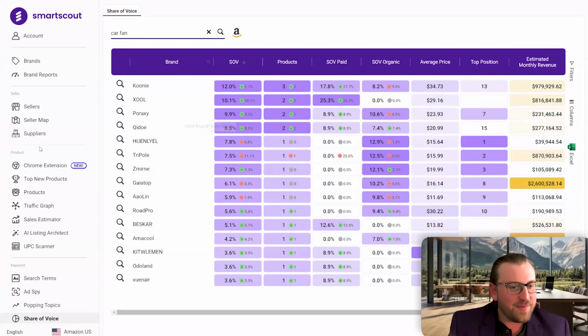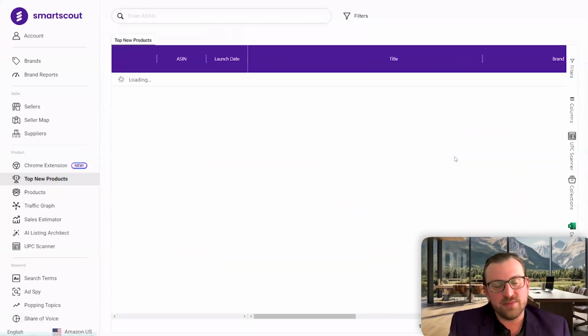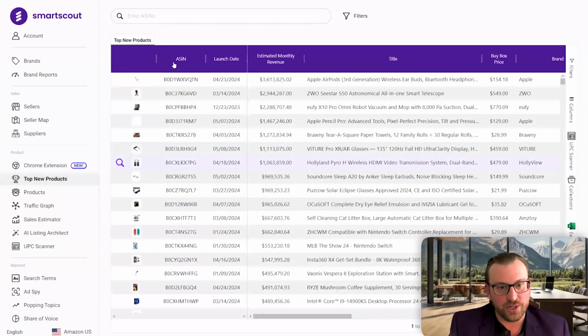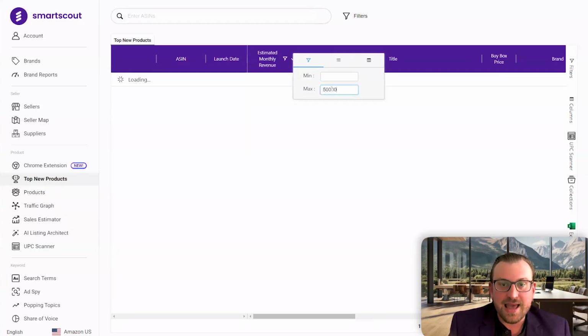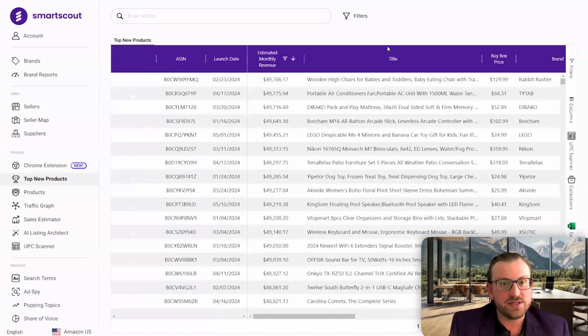Okay, I'm going to do this whole process again, but this time I'm just going to choose a different product and tell a different story. Because again, from the private label perspective, we are trying to find private label opportunities based on existing demand and competition. And of course, using this particular tool, I'm just looking at what's been launched as of late and is interesting. So I'm going to do the same filters again, 15,000 a month to 50,000 a month.